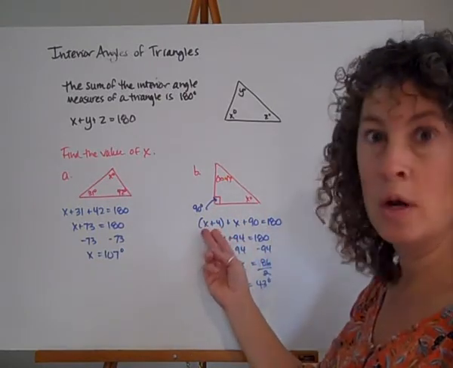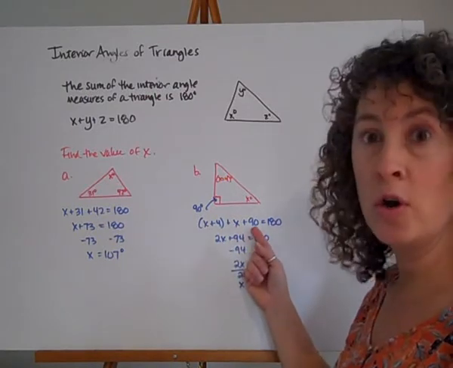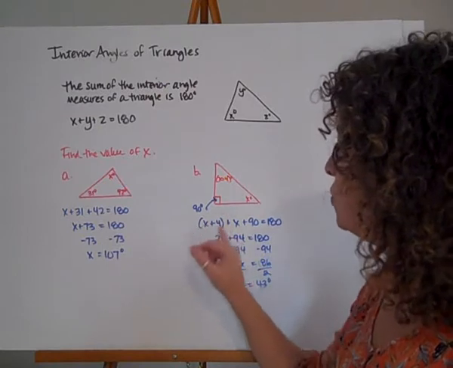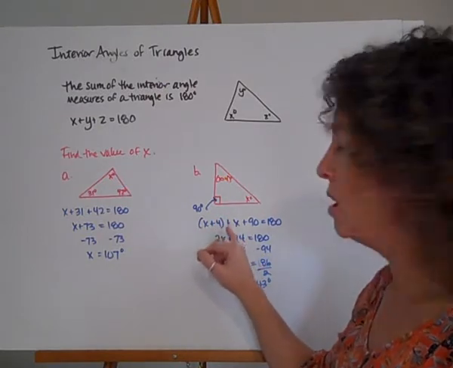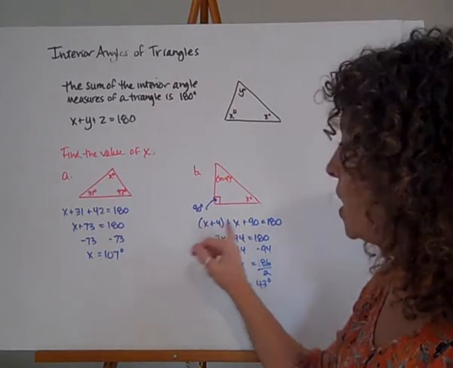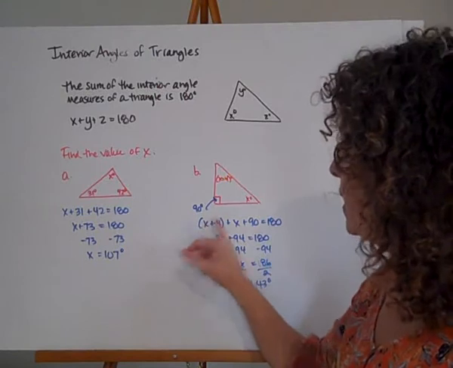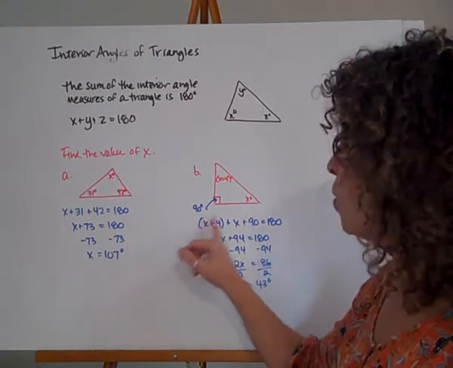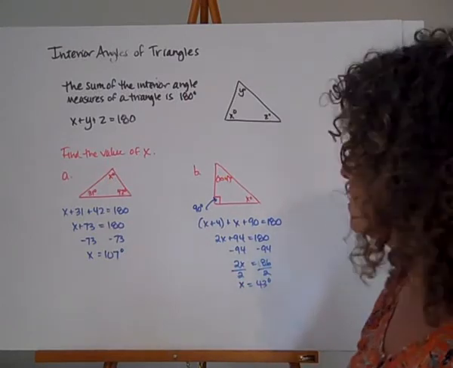I've got x plus 4, that's one angle, plus x, that's my second angle, plus 90, that's my third angle, equals 180. Since these parentheses are really just reminding me that this is an entire expression for one of the angles, when I think about needing to distribute with my parentheses, I don't have anything in there to combine like terms with. There's a 1 out in front here. 1 times everything inside isn't really very interesting, so I can just get rid of those parentheses